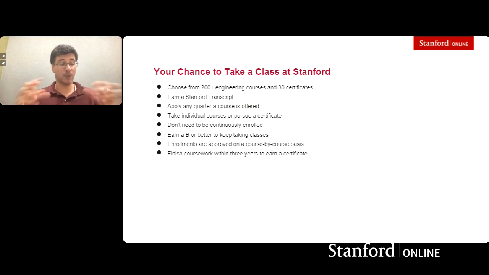Every time you apply, you submit an application once, and we keep it on file. Every time you're interested in enrolling in a course, we submit that application to the relevant department, who will review your application. They'll also review your Stanford transcript as you begin to take courses. They're going to make sure you meet the prerequisites for the course, the department-level prerequisites, review how you're doing at Stanford, and then they will make a decision about whether you can take that course.